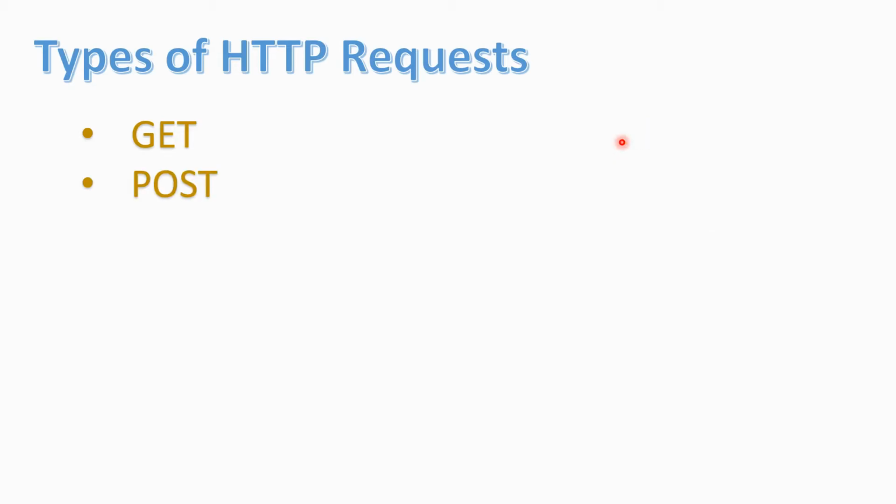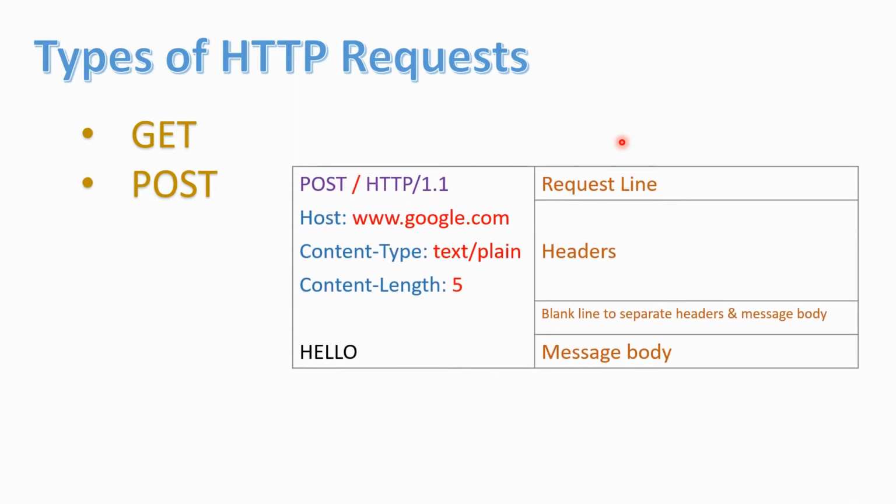The next is the POST request. This is an example of a POST request. POST requests are usually used to send data to the server. Like a GET request fetches data from the server, POST requests are used to send data to the server. Similarly, the first line is called the request line. It has POST and just a slash, so we want to post data on the root directory.